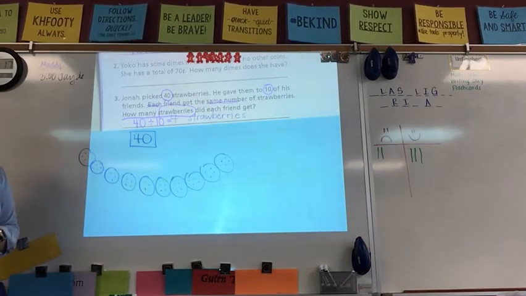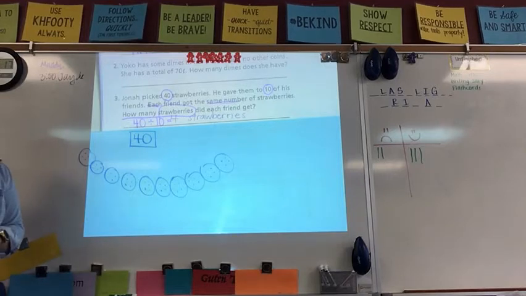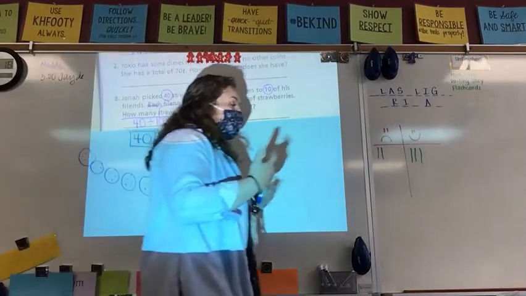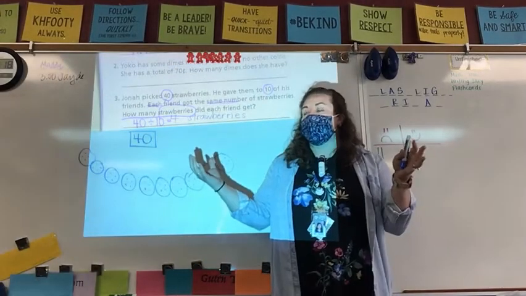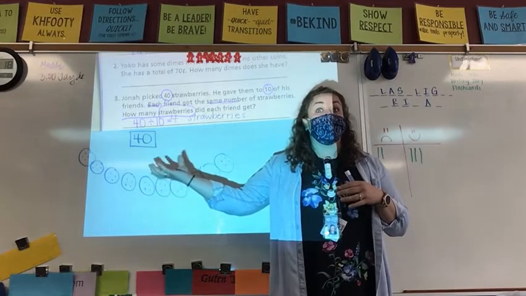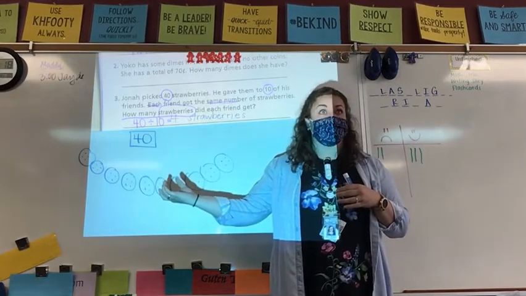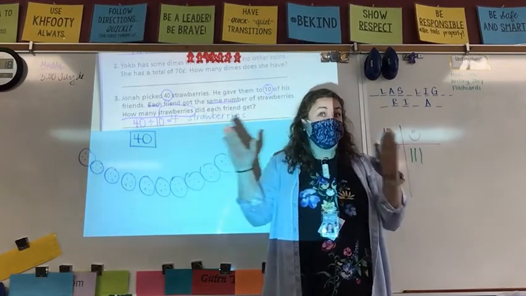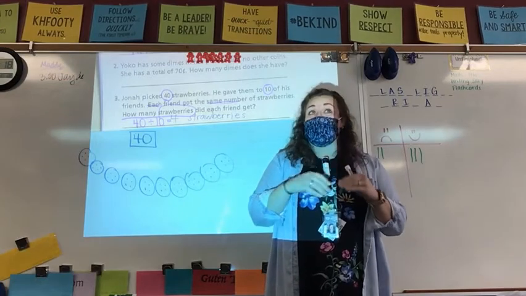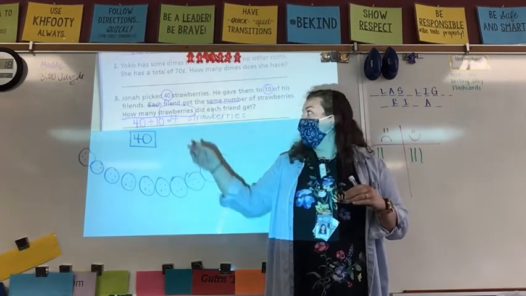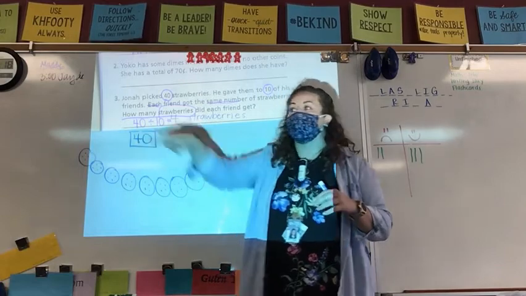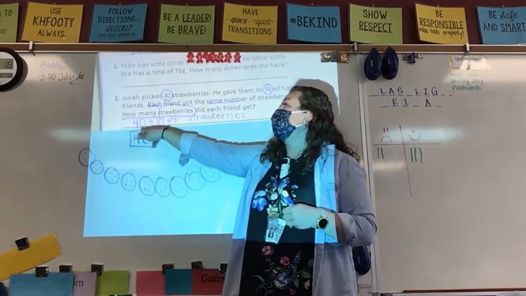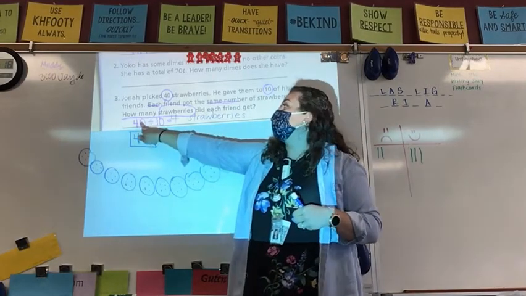So while you're writing that word, I want you just listening here. I was talking to you at the beginning of this problem and I said, okay, so when we're multiplying, we get bigger. And so when we multiply by 10, we add a 0 to the answer, right? When we're dividing, since we're splitting it up, we end up with a smaller number. So instead of adding a 0, what did you notice about my beginning and my ending number? We subtract the 0. We take away a 0. So if I had 40 divided by 10, I take away the 0 and my answer is